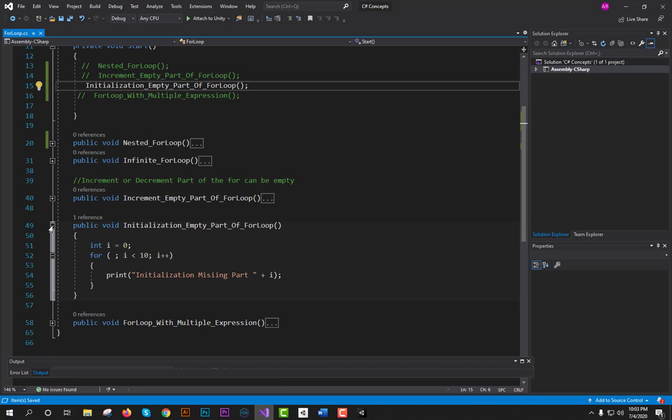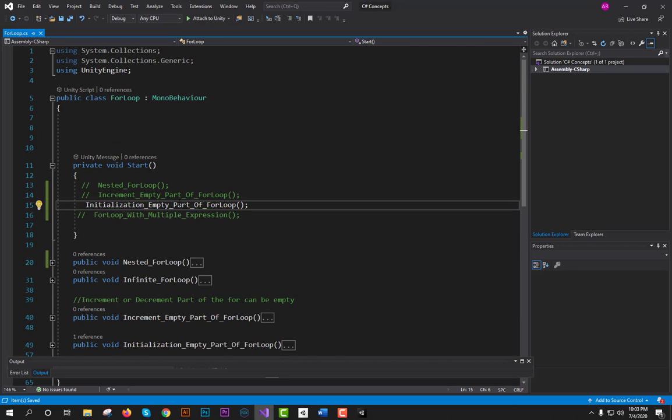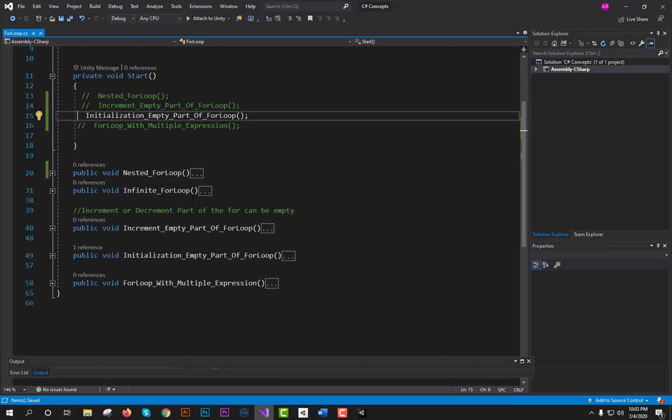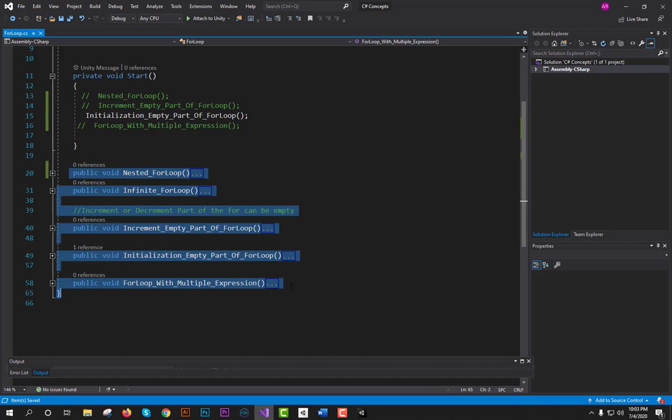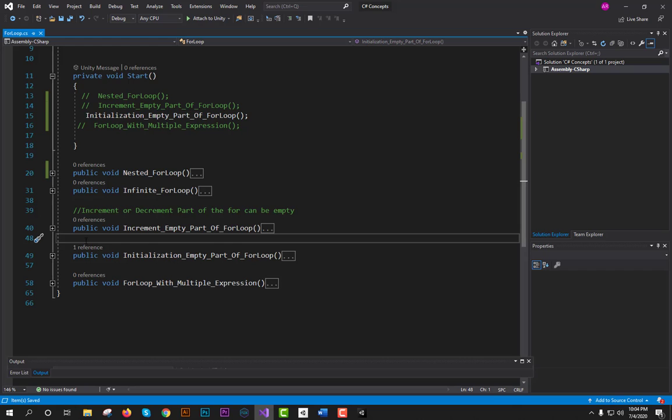Today's lecture was very important because we just know that the for loop has 3 things: initialization, then condition, and then the increment or decrement. But there are a lot of people who don't know about these 5 situations. If you want to learn more about the for loop, then you have to practice it again and again, then you can get more. And I hope you will try it by yourself.